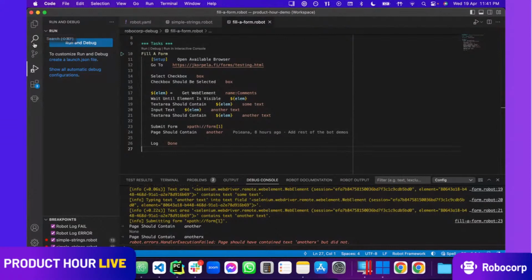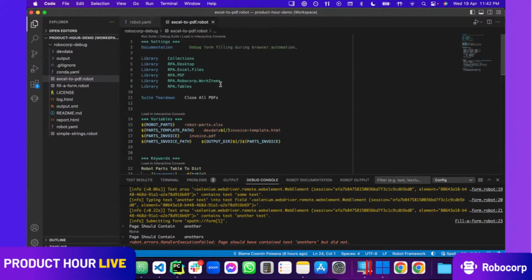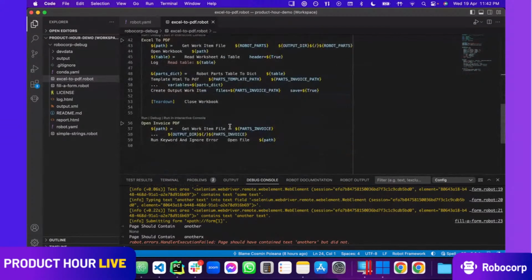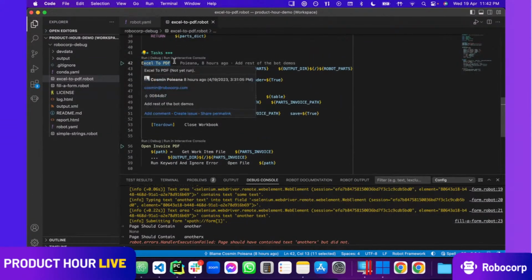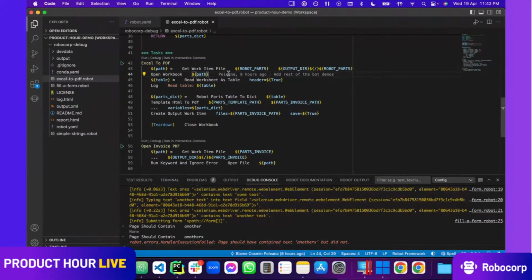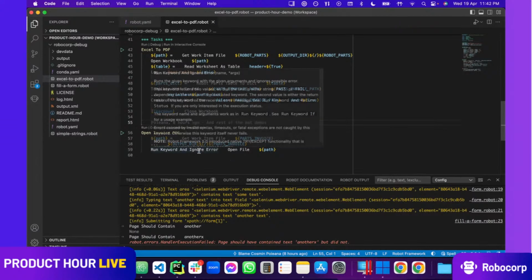If I'm going now to my bot, which is called Excel to PDF, and by the way, don't get intimidated about so many lines over here. What you have to see here is that I'm having two tasks, Excel to PDF, which simply gets an input, which is an Excel file, gets some information out of it, like a table, and then outputs a PDF file with that information as a report, for example. You'll see that later on. And then in the next task, optionally, if I want to, I'm getting that previously obtained PDF file from the previous task. I'm just opening it for display purposes, nothing more.